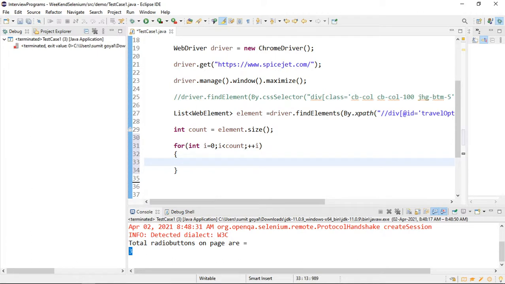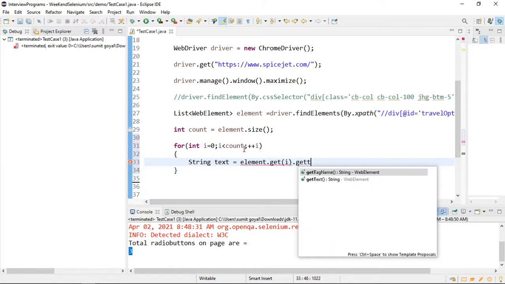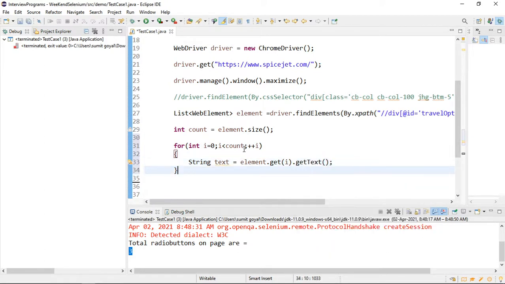And here I will say String variable text equals element.get(i).getText. So getText we are using, and here if I try to print, I will debug it, do not worry, I will say debug, and if I debug that program, we can see how it is behaving.